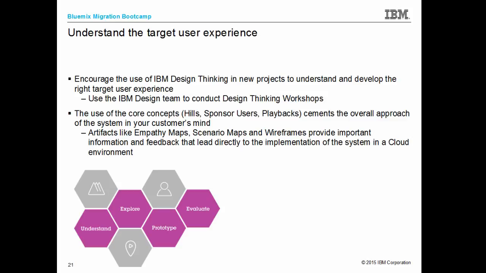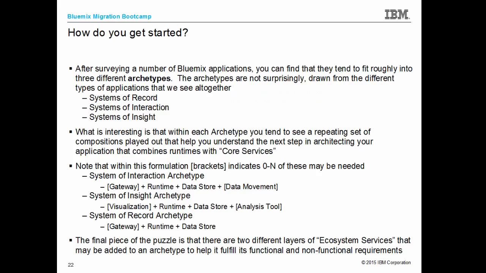Now, after you've done that, let's say that you've re-envisioned or reimagined your application, and you have a really good sense now of what the functional requirements are because you've gone through the process of IBM design thinking, and you have some great wireframes, and some hills and some terrific user stories, and you know what that needs to be. Now you have to build the application. So where do you really start? This is the biggest question that we get from people looking at moving applications to Bluemix: where do I even begin? Well, what we've found as I've sat back and looked at literally dozens, if not